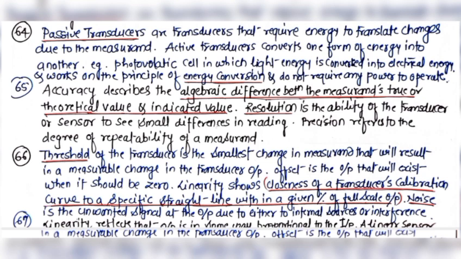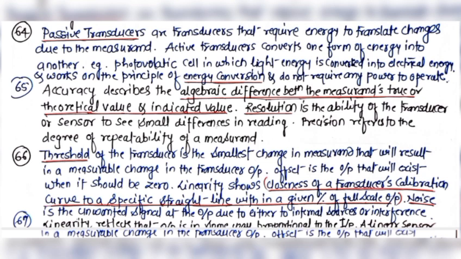Accuracy describes the algebraic difference between the measurand's true or theoretical value and the indicated value. Resolution is the ability of the transducer and sensors to see small differences in reading. Precision refers to the degree of repeatability of a measurand. Threshold of the transducer is the smallest change in measurand that will result in a measurable change in the transducer